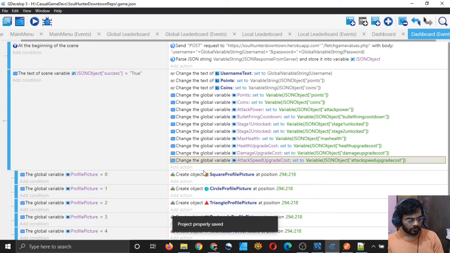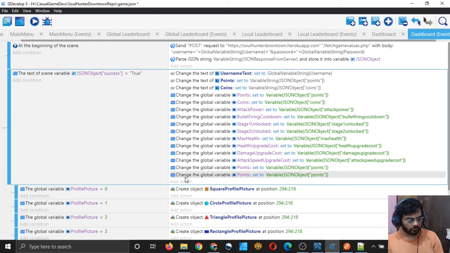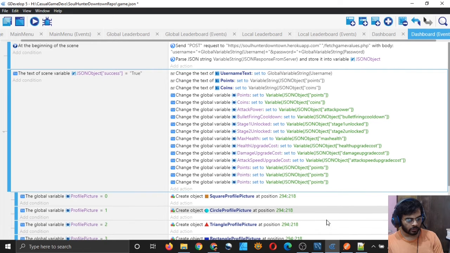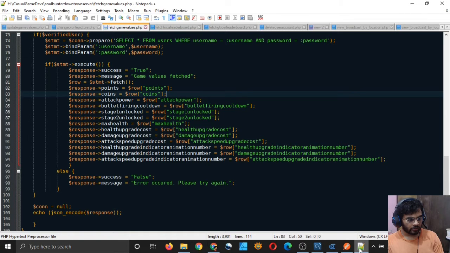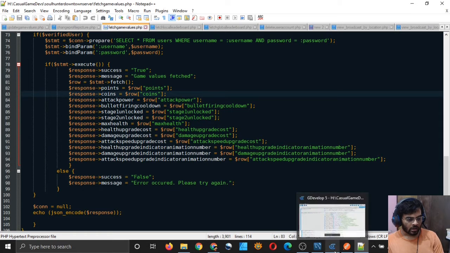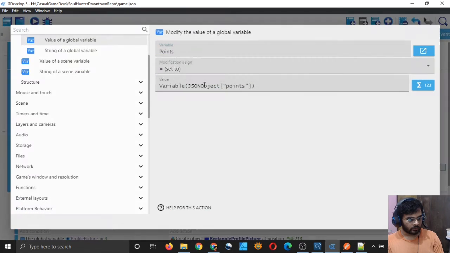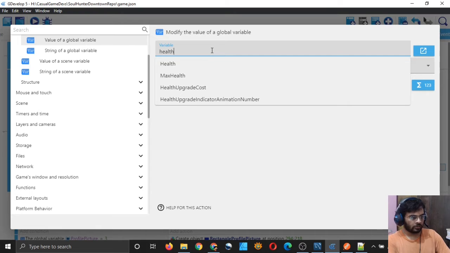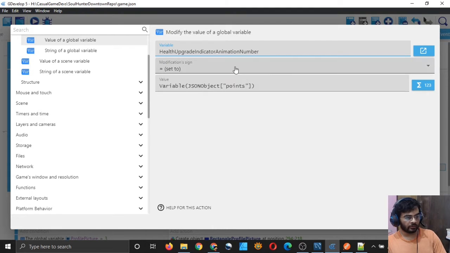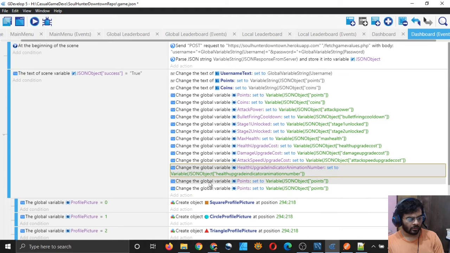And now paste 3 more of them, 1 2 3, and I need these 3 indicator animation numbers. So health upgrade indicator animation number, and in the field also health upgrade indicator animation number.